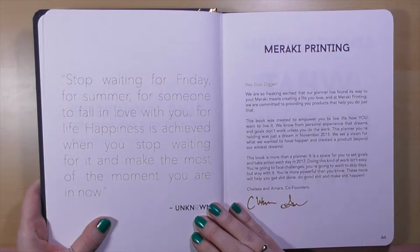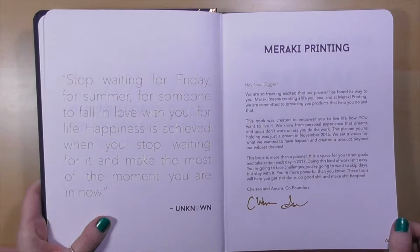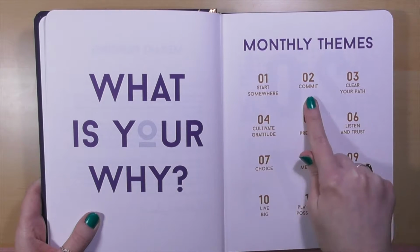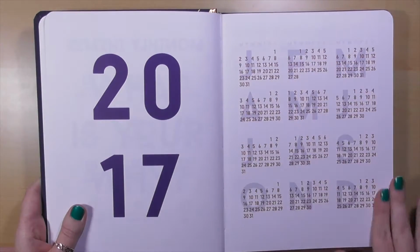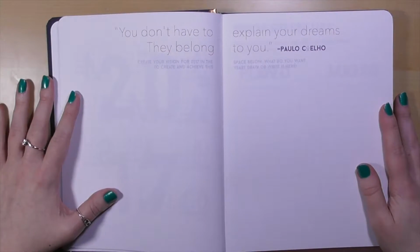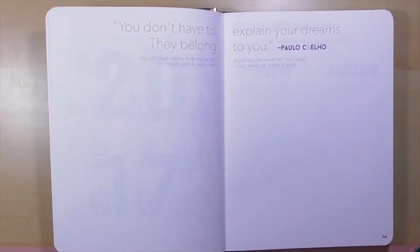The whole diary itself is filled with inspirational quotes. They've used a fantastic paper stock as well, which so far I've used for about a week now. It's not bled through at all. You can see shadowing, but that's, you know, as little as there is, and it's meant to help you set realistic goals for yourself so you can achieve them, and with the momentum of that goal then move on to the next part,